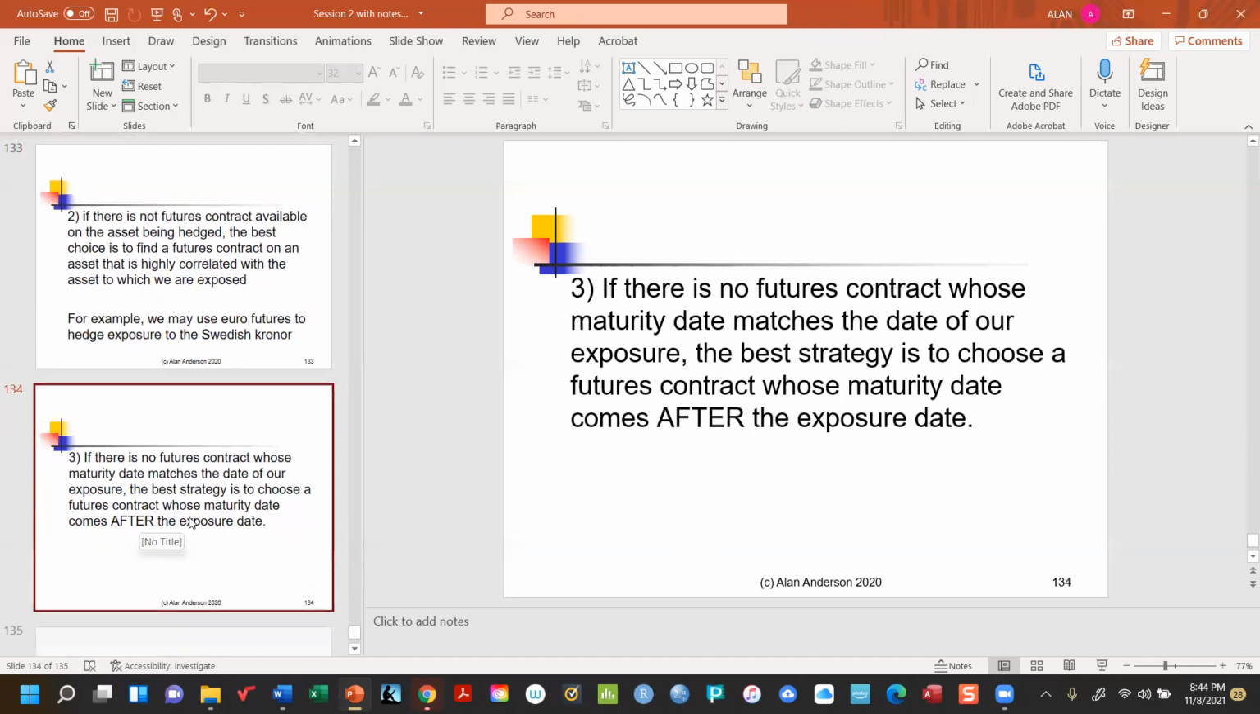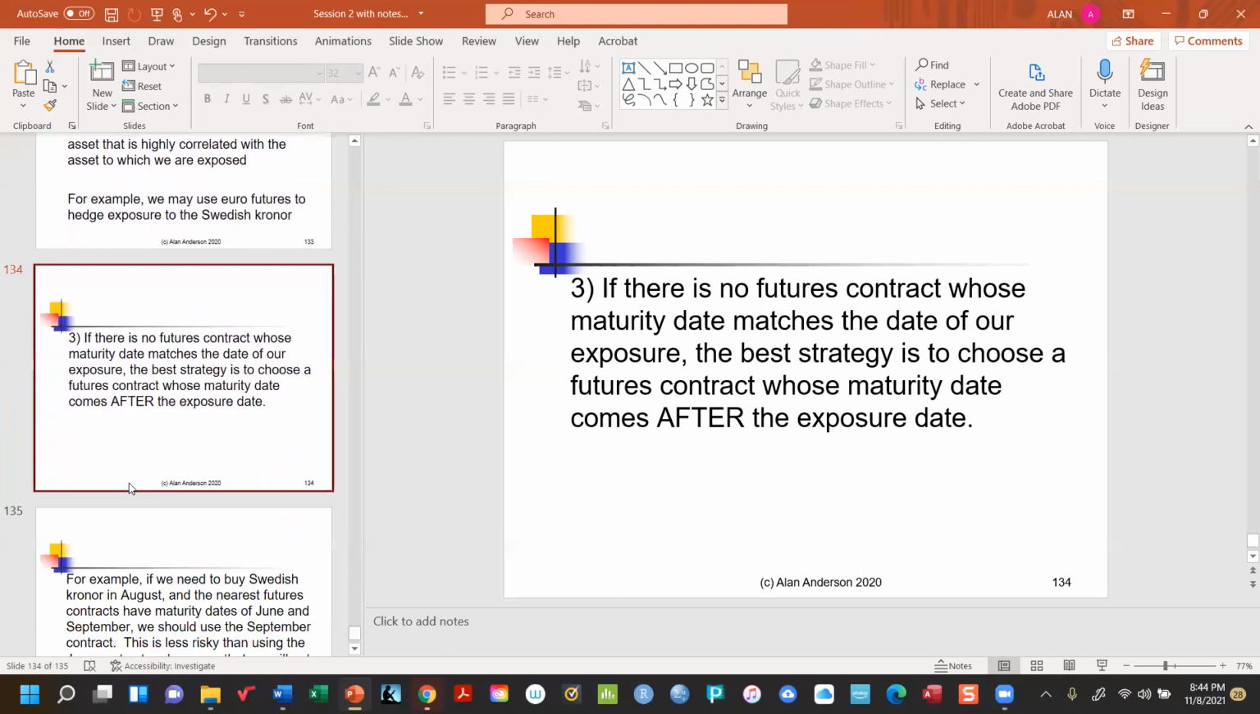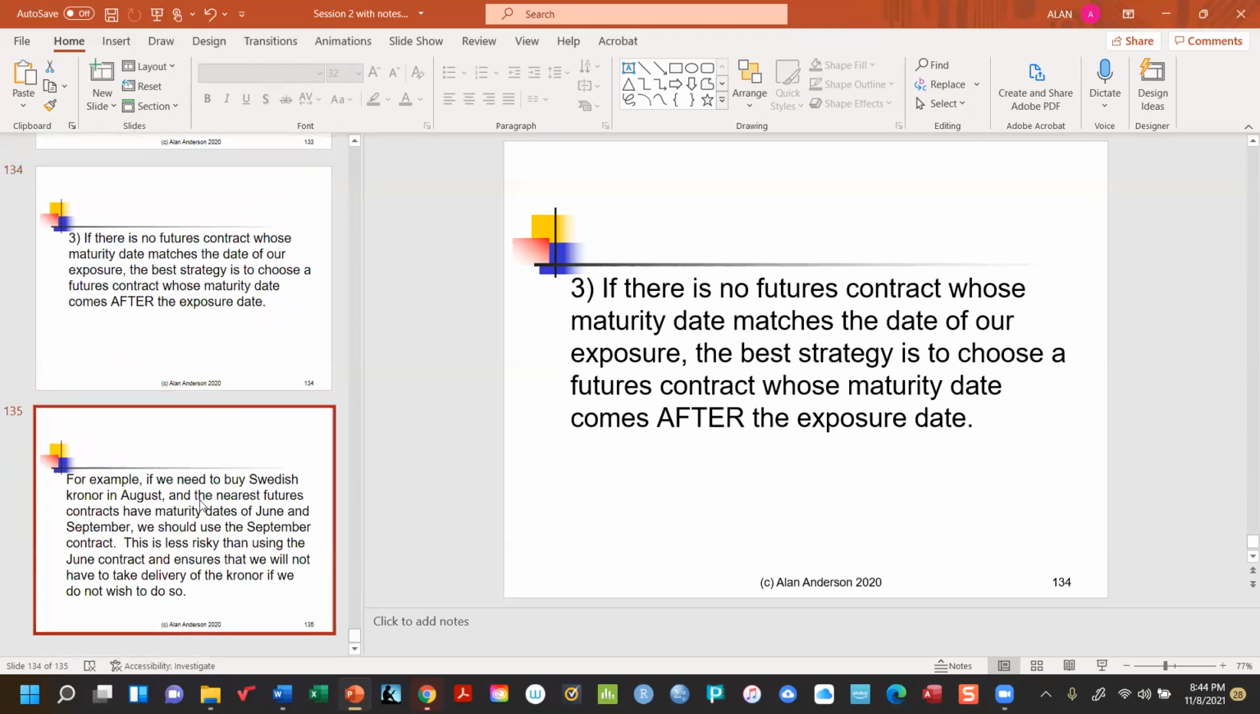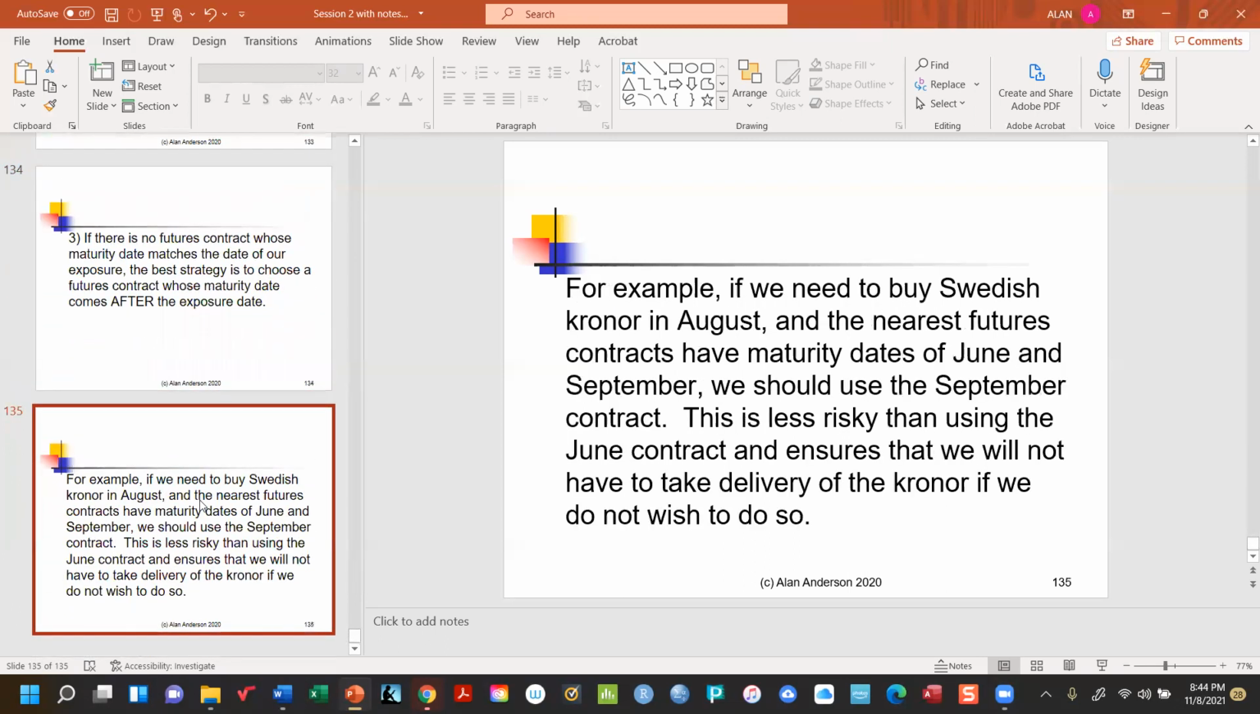If there's no futures contract whose maturity date matches the date of exposure, the best strategy is always to choose one whose maturity date comes after the exposure date, not before. And like here, we've already discussed this, but if we needed to buy Swedish kroner in August, the nearest futures contracts are at either June or September. We should use September